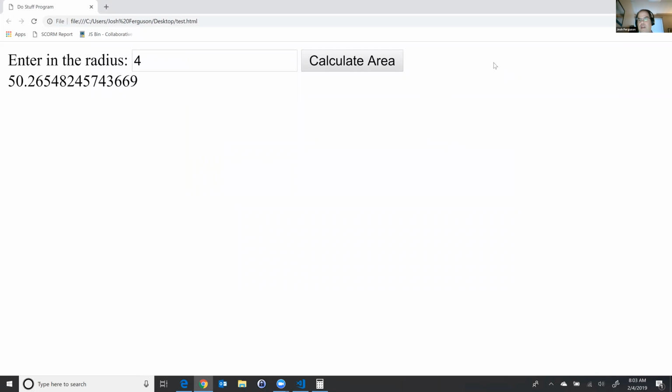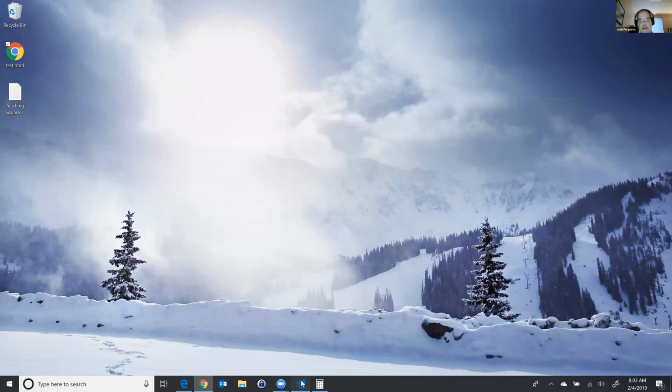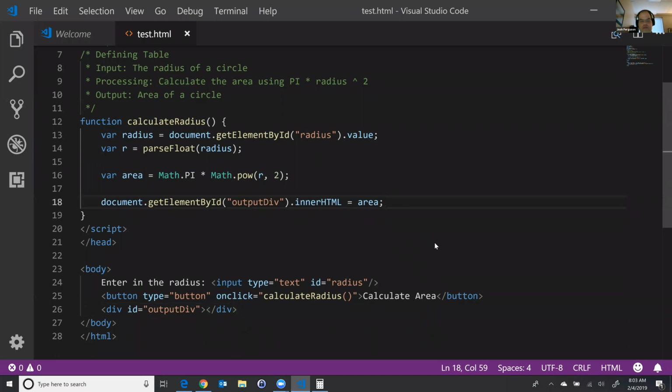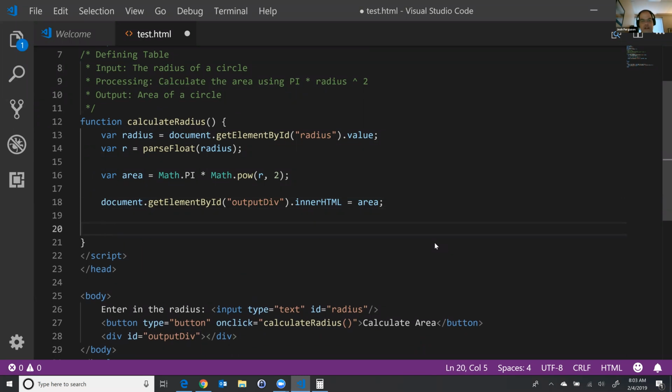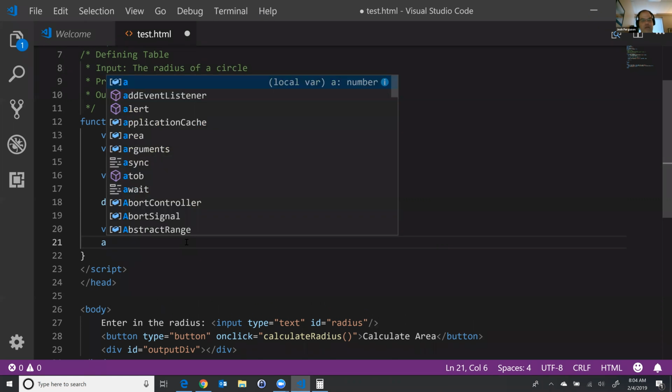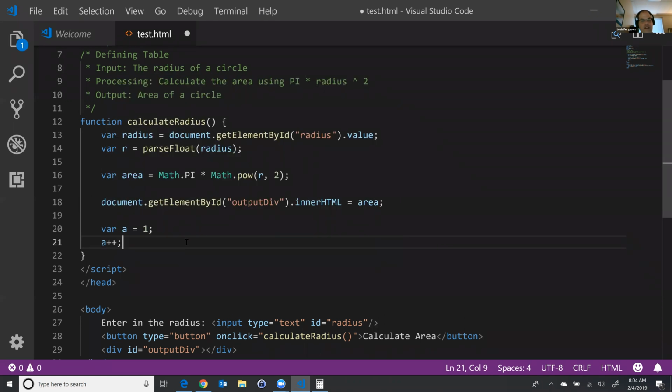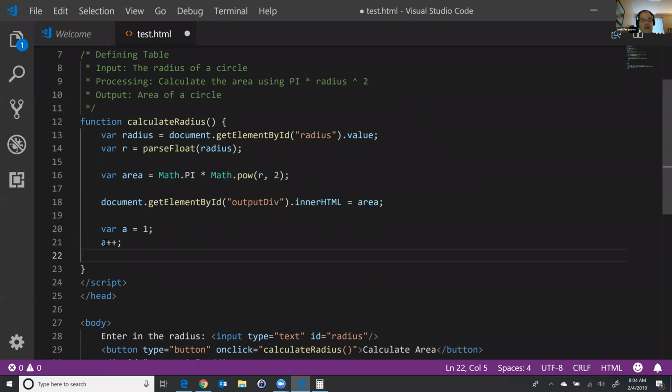Okay. Now, a couple additional things to help you out here. There are a couple new operators called the increment operators. So if you have a variable, we'll call it a, and it's equal to 1, then we can do a plus plus. And what that does is it says, okay, take whatever's in a, add 1 to it, and then save it back into a. So if we were to then see what was inside a,